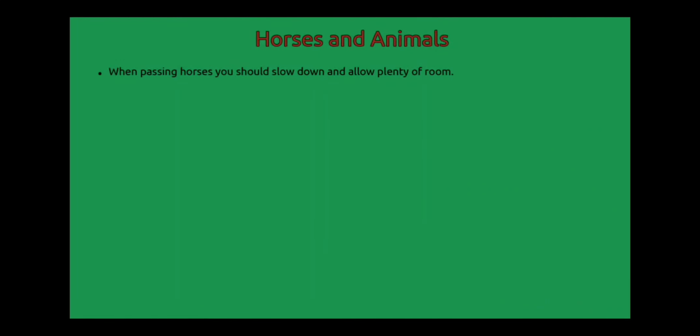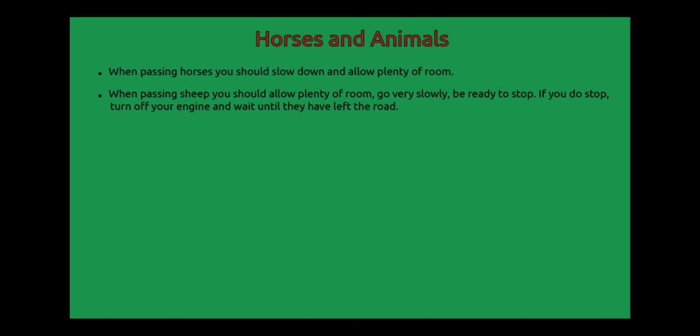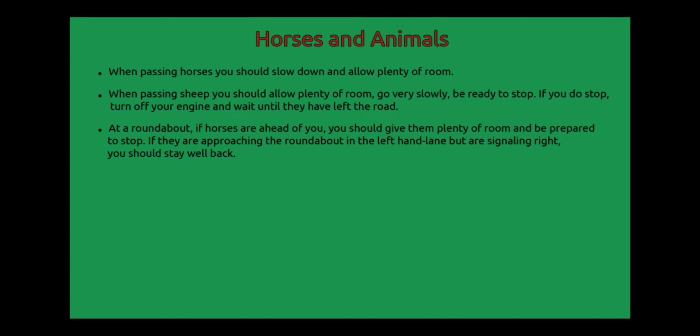Horses and animals. When passing horses, you should slow down and allow plenty of room. When passing sheep, you should allow plenty of room, go very slowly, be ready to stop. If you do stop, turn off your engine and wait until they have left the road. At a roundabout, if horses are ahead of you, you should give them plenty of room and be prepared to stop. If they are approaching the roundabout in the left-hand lane but are signalling right, you should stay well